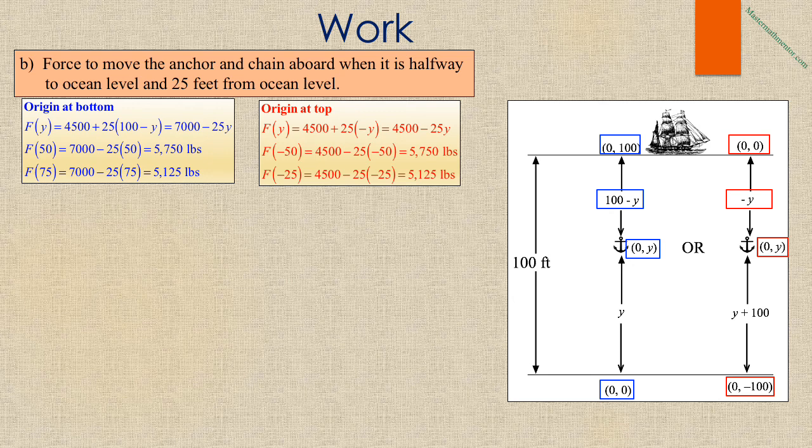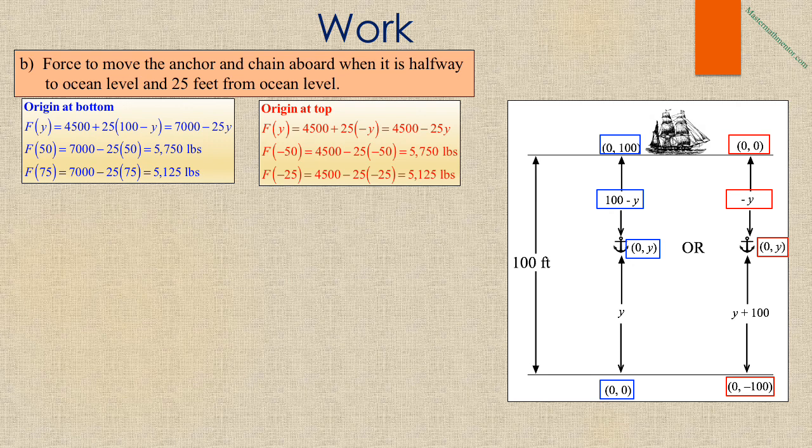If our origin is at the top, then the anchor is at the point 0, y. And f of y will equal 4,500 plus 25 times the amount of chain that needs to be brought on board, which is 0 minus y, or negative y. And therefore we get 4,500 minus 25y. So when the anchor is halfway to ocean level, y is negative 50, and 4,500 minus 25 times negative 50 is